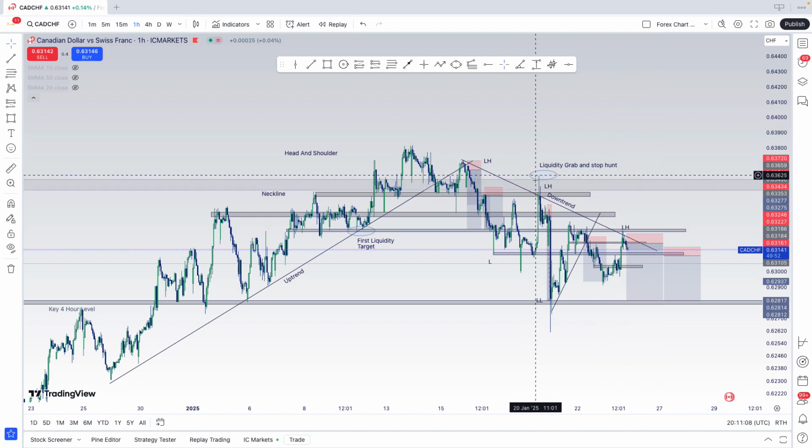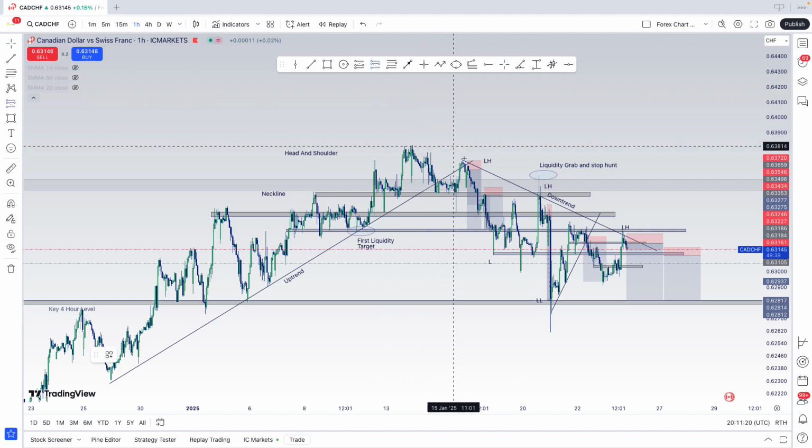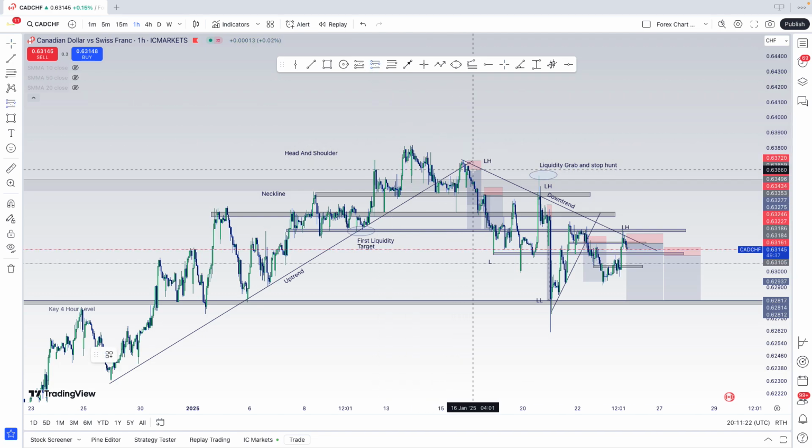Now this is a liquidity grab to help price move down, but we're also hunting stops and stuff. So this is why it's important to be in and out of the market and not leave it down to the market too much, because say we would have got in up here, we would have been okay, and then to be fair we could have just ridden it all the way down,